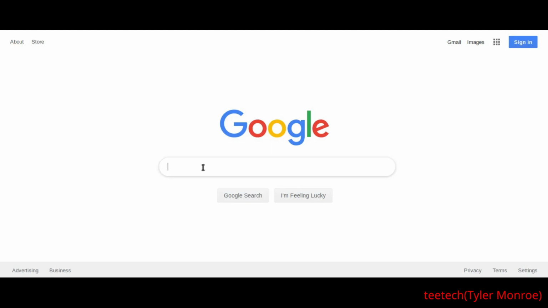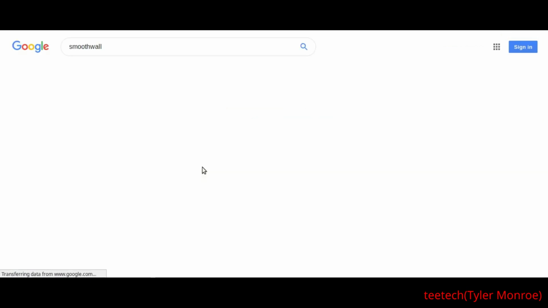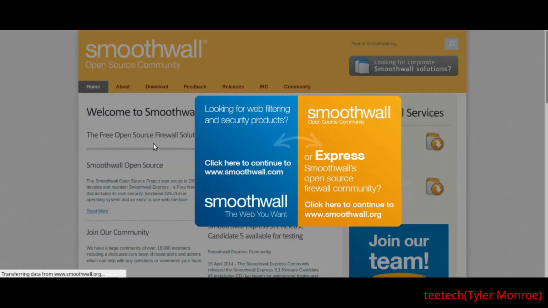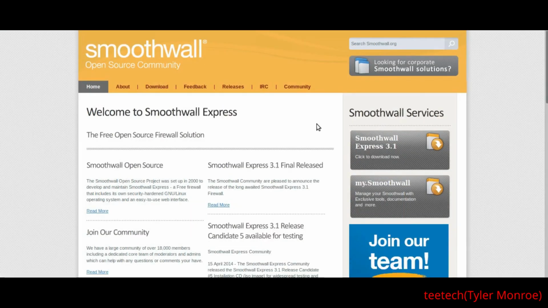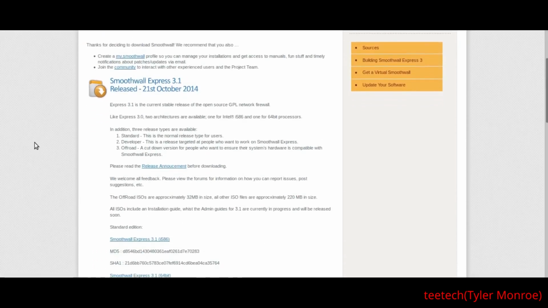So the first thing we want to do is search for Smoothwall and click the link here for smoothwall.org. And once you get here, you actually want to click on Smoothwall Open Source Community. Now, the quickest way to download it is go up here to the Download tab. Then you want to go down